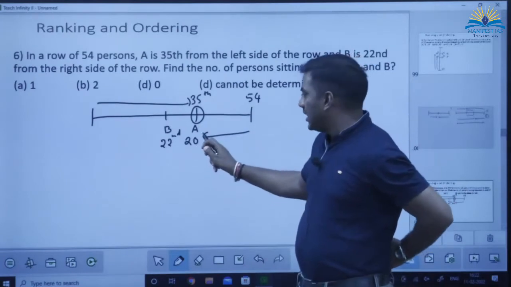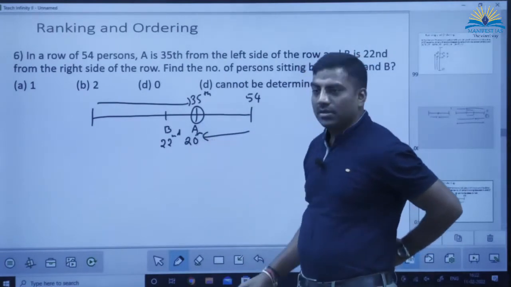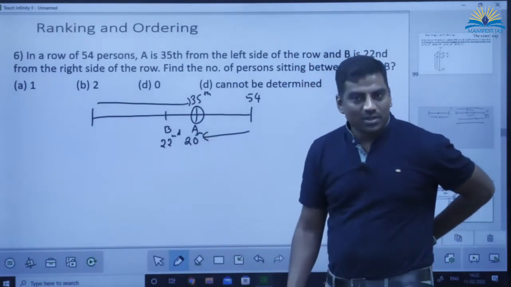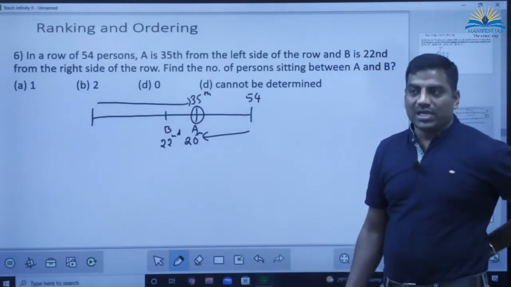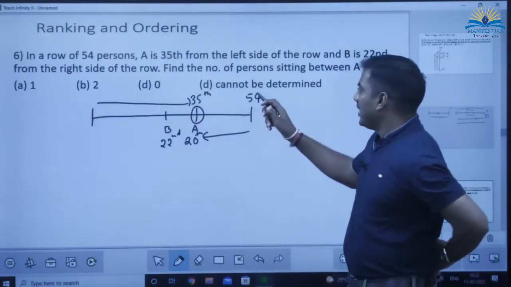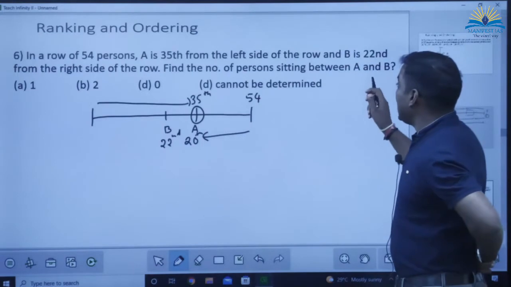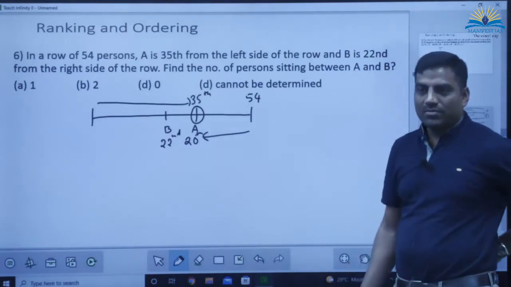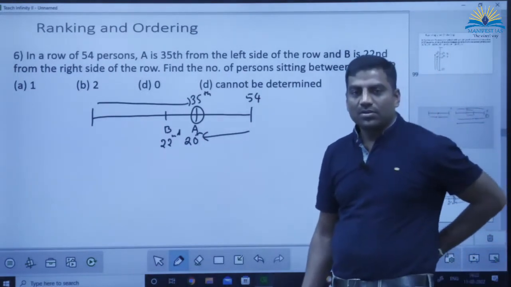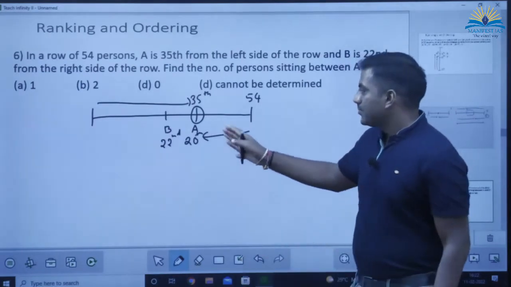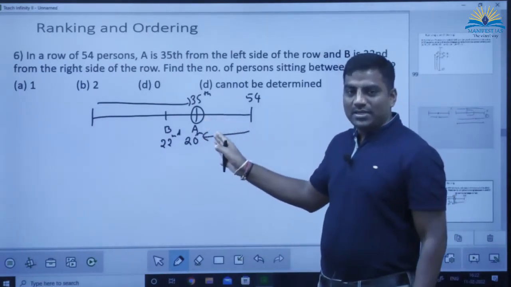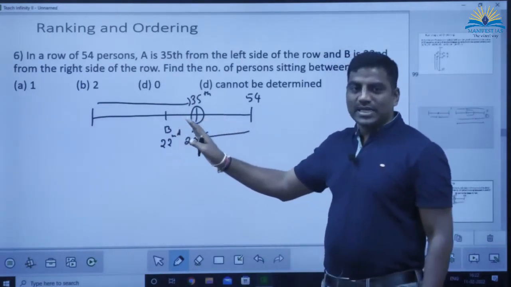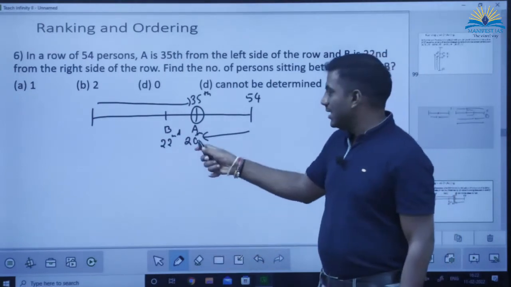A is at the 20th position from the right and B is 22nd from the right. What are they asking? Find the number of persons sitting between A and B. A is 20th from the right. B is 22nd from the right. Then